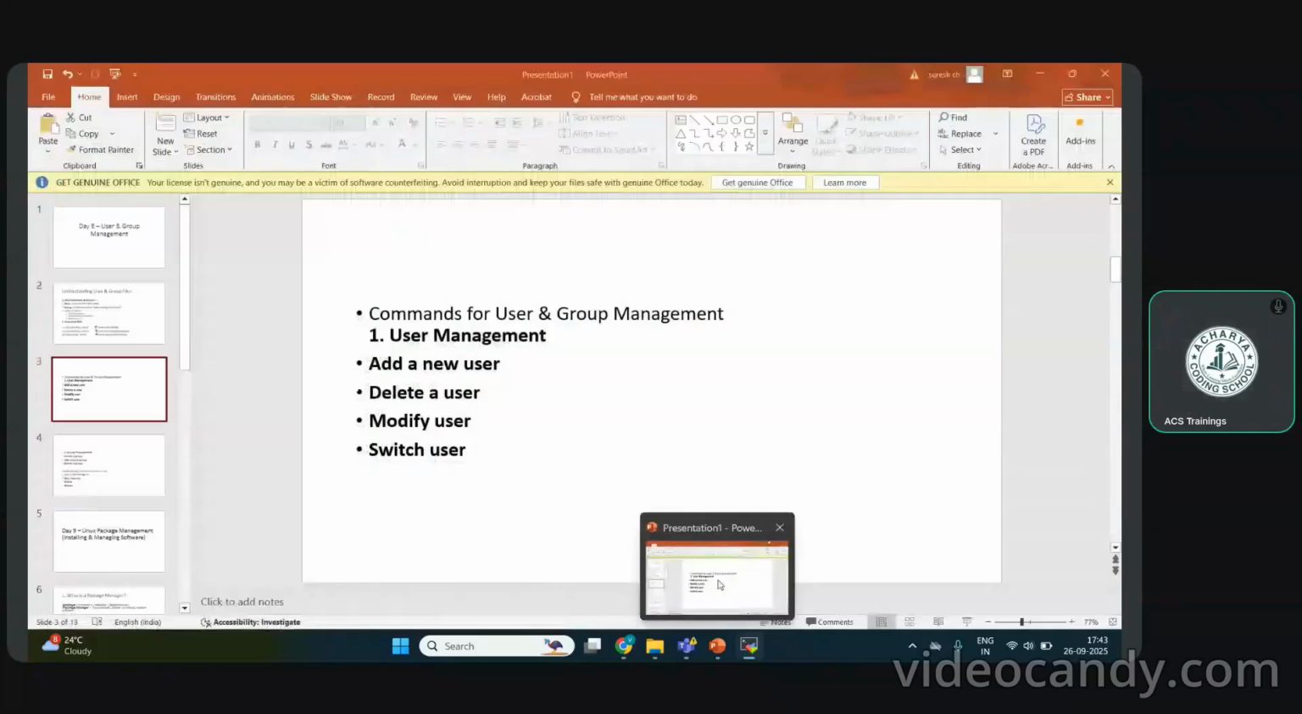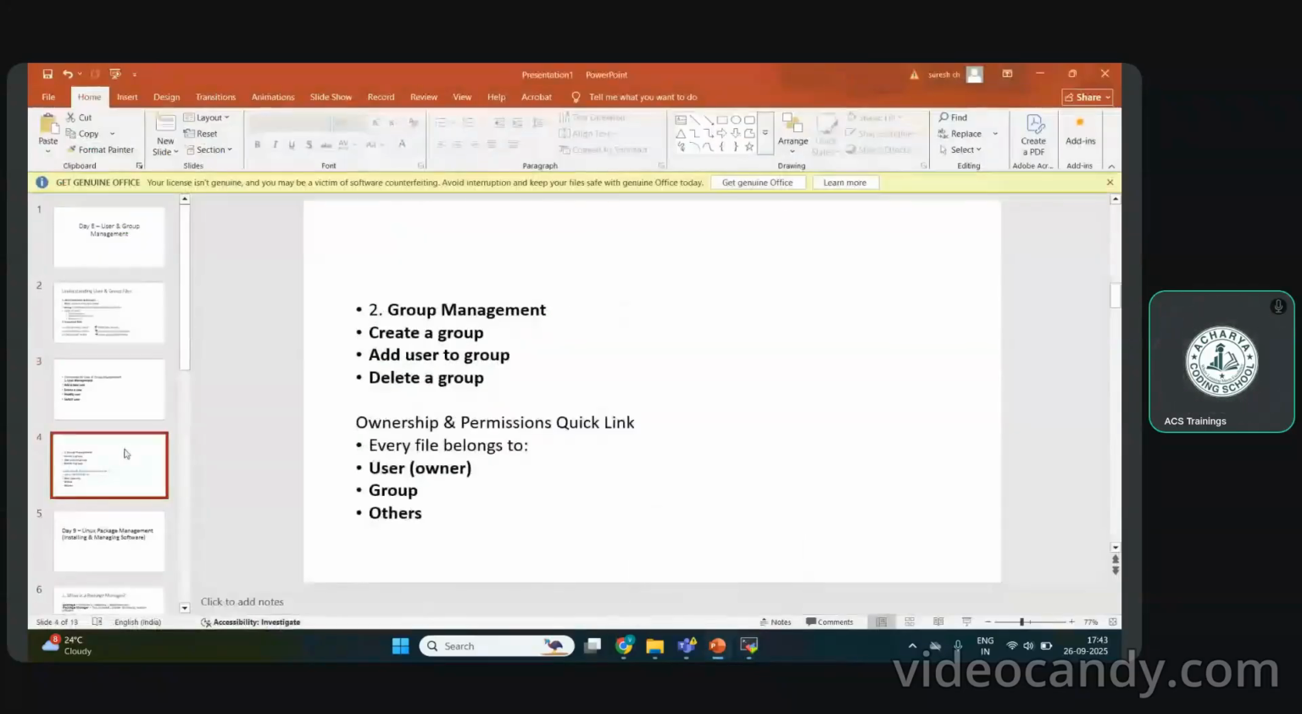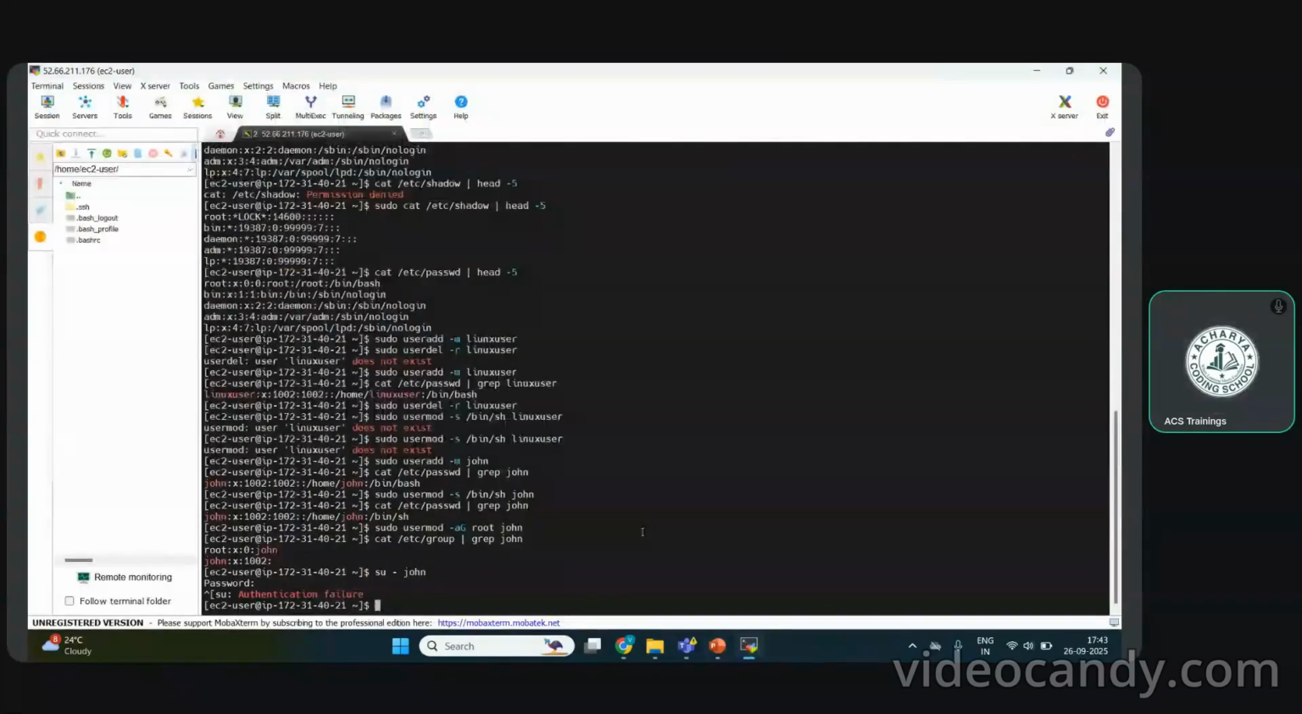And we have group management, where we learn how to create a group, add a user to a group, and delete a group. First of all, how to create a group. sudo groupadd